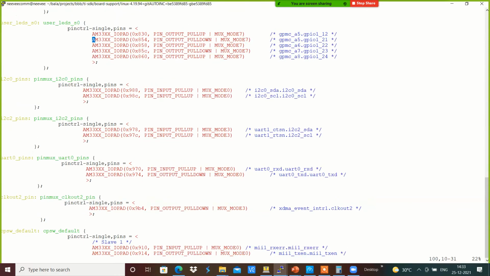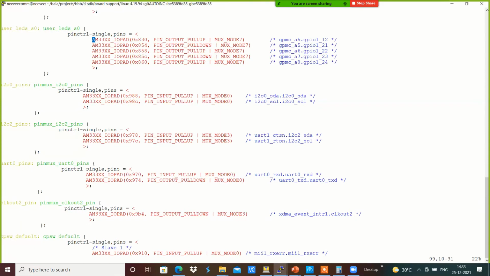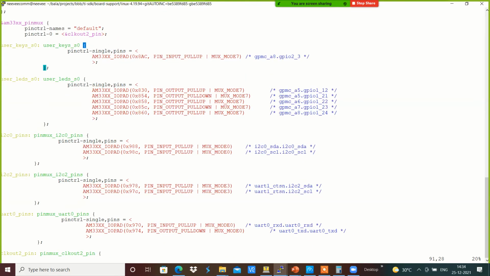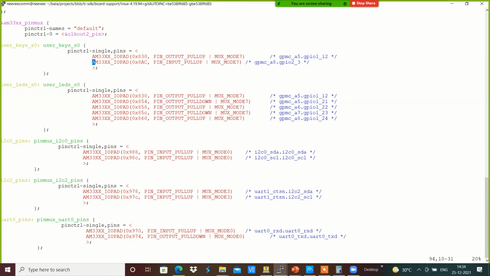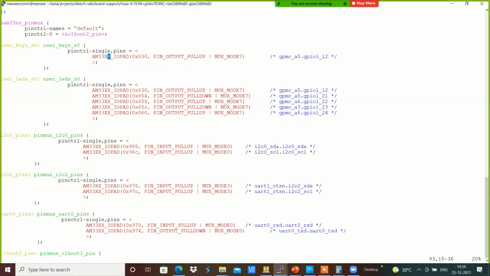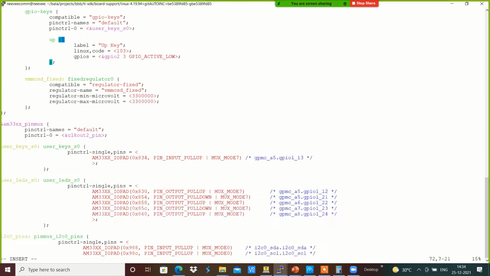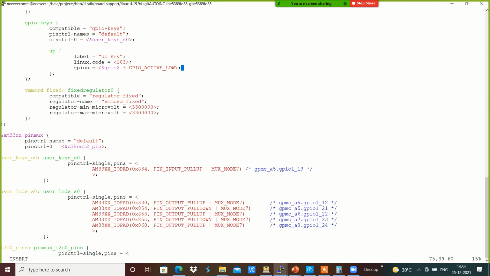Maybe I'm going to connect that 813, the GPIO 1_13th pin, that I'm going to connect over here. 834, input, the keys which I'm going to use, GPIO 1_13 over here.